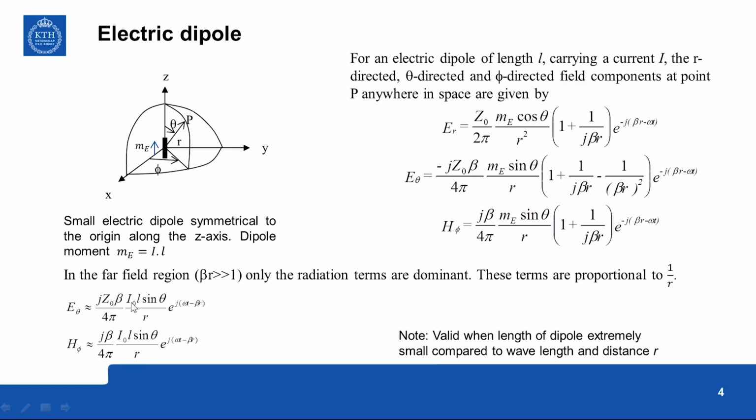They are proportional to the current, and also it varies as a function of sine theta. So it is angular dependent. When sine theta is 90 degrees, the field will be maximum, and when sine theta equals 0, in this direction the field is 0. So the radiation pattern is more like this, as I am drawing here. So these will be the radiation lobes far away.